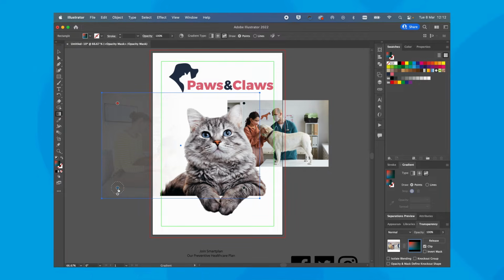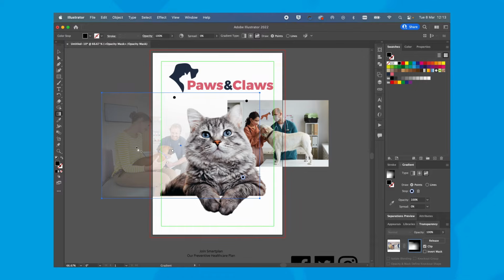And this works similar to masks in Photoshop, where whatever is white will be the thing that shows up in your mask. So if I change this to white and place it over the man and the dog that I want to see, and if I change these ones to black, so I'm literally clicking on these points of the gradient, and it'll bring up the colour, and I'll change that to black. And same with these ones, that's quite a dark colour anyway, but I want it to be a definite black. And we've got this point here as well, and I'm going to change that to black.